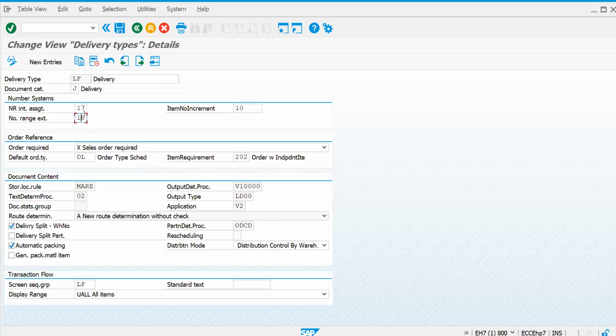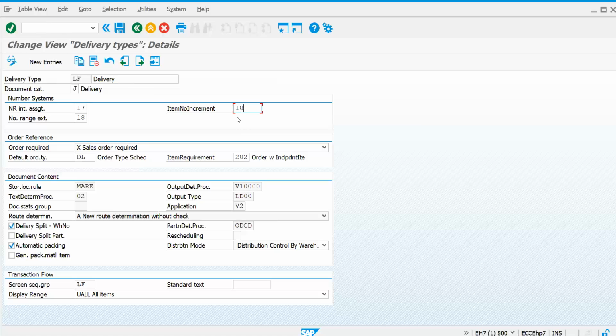External number ranges are used if you have any special case, like when without creating an order some delivery needs to be created and given a certain number. But 99.99% internal number ranges will be recommended for your customer business process. Item number increment also works like your sales order, where you can increment your number.